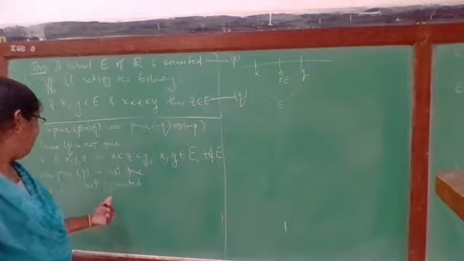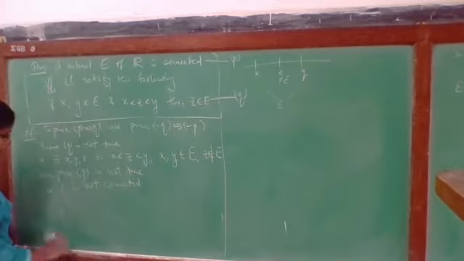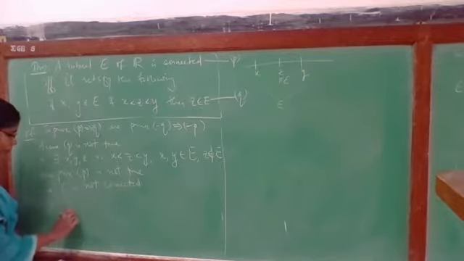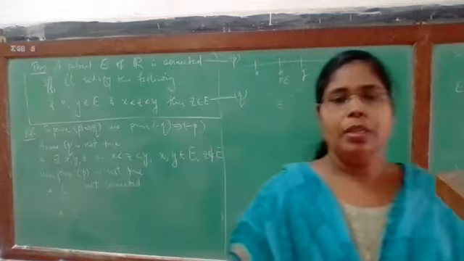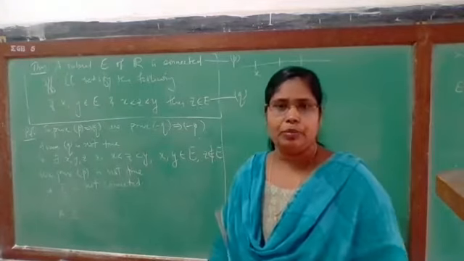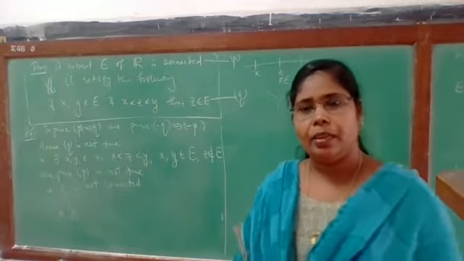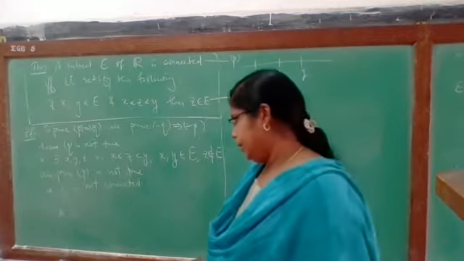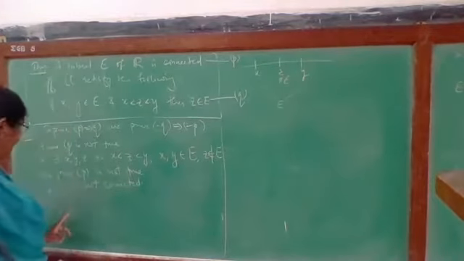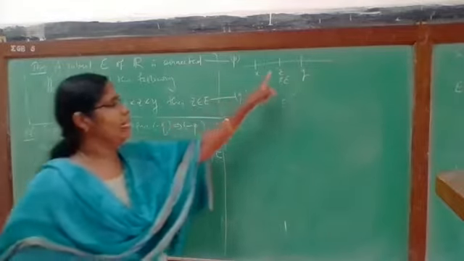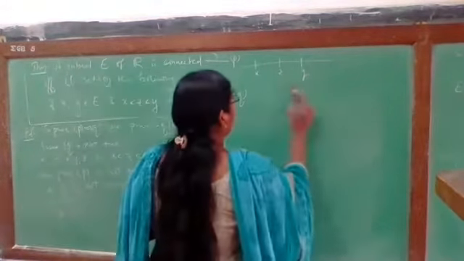Okay? So in order to get E is not connected, we have to write E as the union of two sets A and B, which are separated sets. We have to write E as the union of two subsets of E, A and B, such that A intersection B closure and A closure intersection B are empty. In that way we have to write. And that is again easy, because we can do this by considering our element z, some element z in R which is not in E.